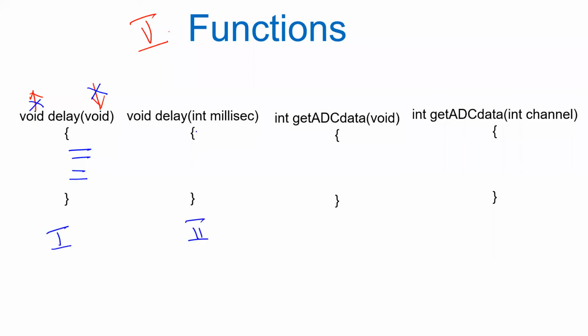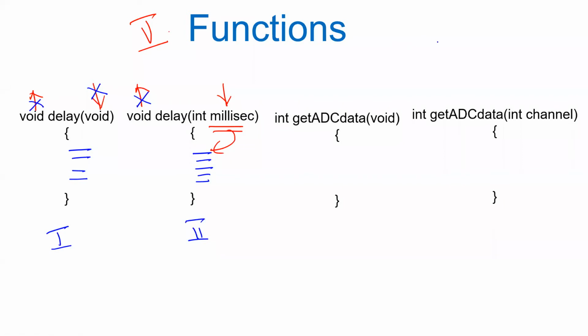The second variant doesn't return anything, whereas it takes a parameter. So it takes a parameter called millisecond, and that millisecond is passed as a parameter in order to affect the way this source code is going to get executed. For example, in this case, I would love to have a millisecond parameter to change the delay time of this function. So this is a fixed delay, and this becomes a variable delay. The moment I pass the number of milliseconds that I want as a delay, the functionality of the delay program now gets varied depending upon the parameter that I pass. So this is the second variant, where it is not returning anything, but it takes a parameter.